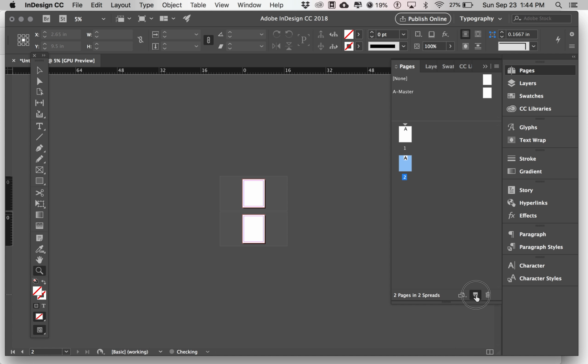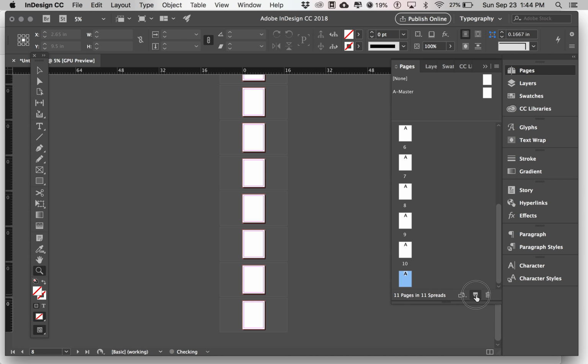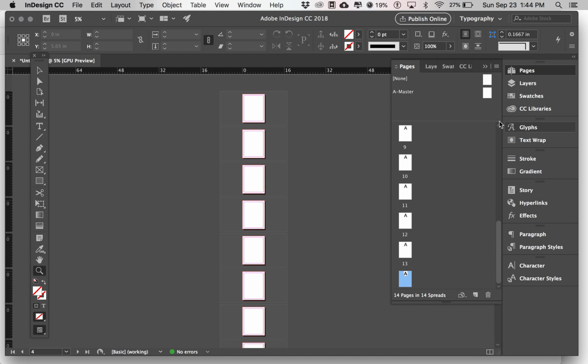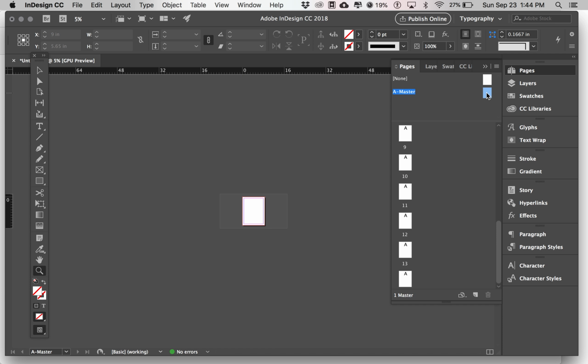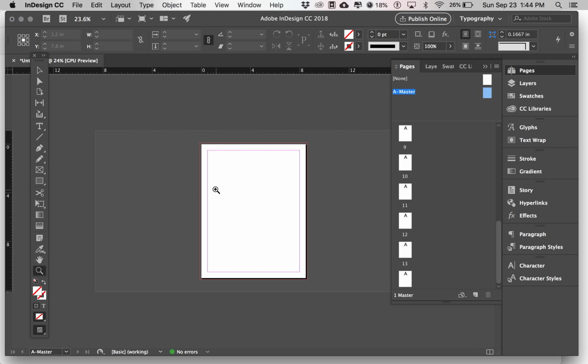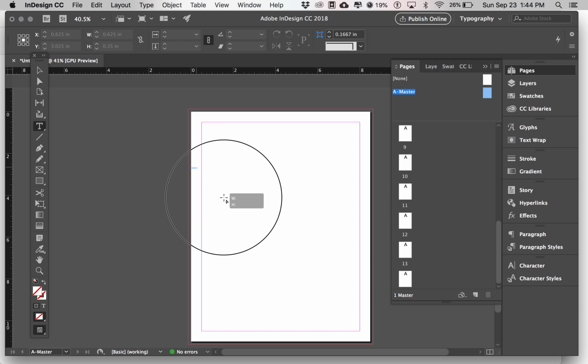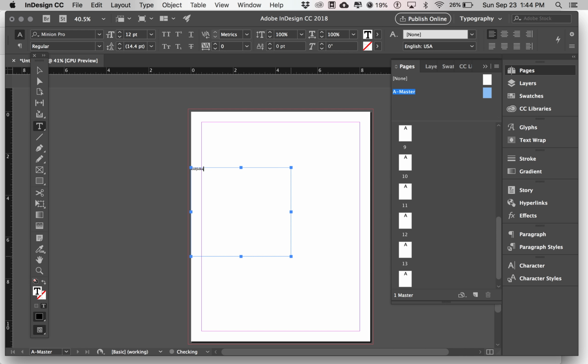And now, just for sake of showing you this, I can click on this new page and I can see that I can add pages. Now the difference between your regular pages and your master pages, I'll explain more in a different video, but master pages are pages that allow us to apply anything we want whenever we use that master. So very quickly, say for instance, I just draw some text here